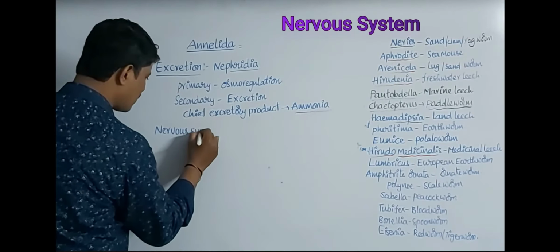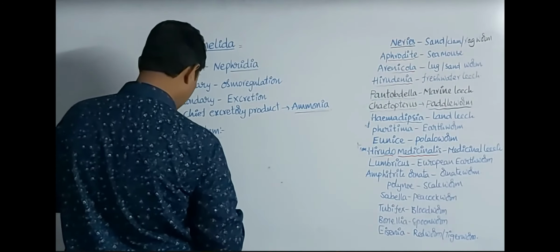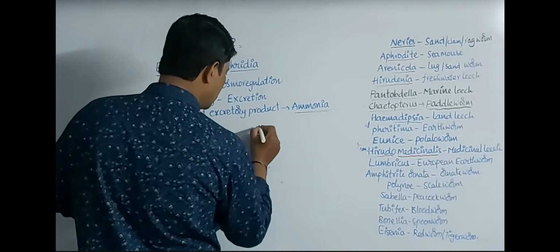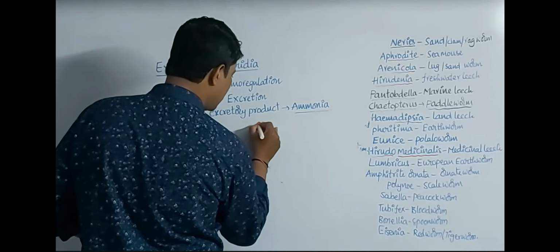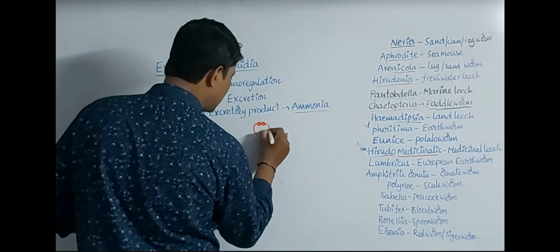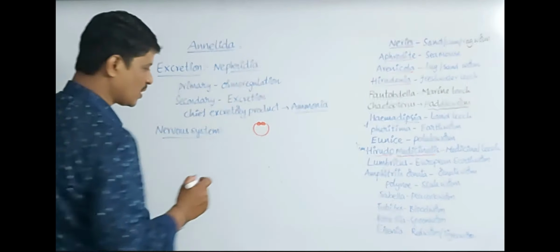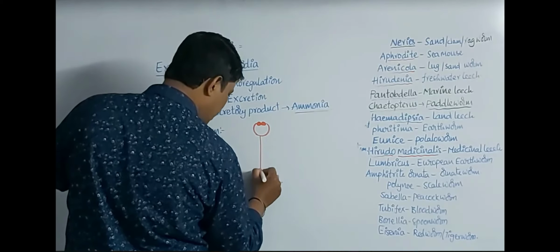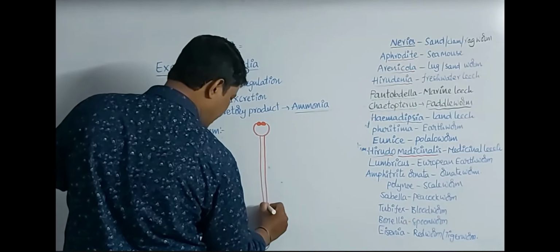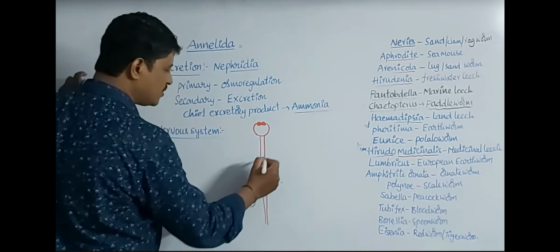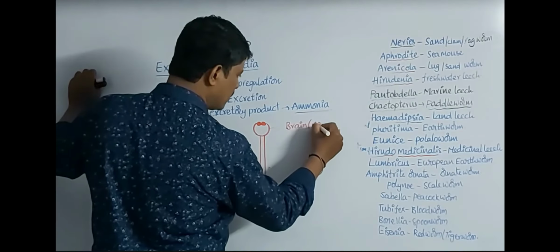Nervous system. In these animals, the nervous system forms supraesophageal ganglion and subesophageal ganglion, and those connect with the circumpharyngeal connectives. These three form the brain, and from the brain a double ventral nerve cord arises from the subesophageal ganglion. This is the brain or nerve ring